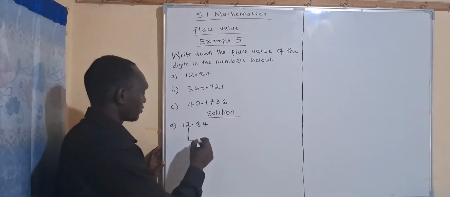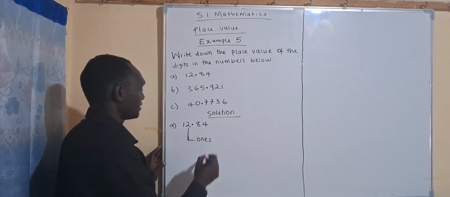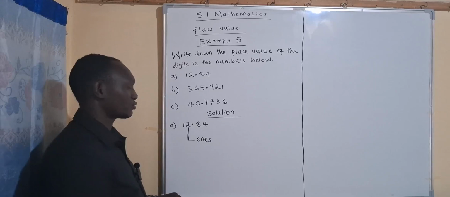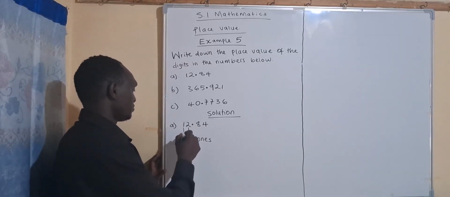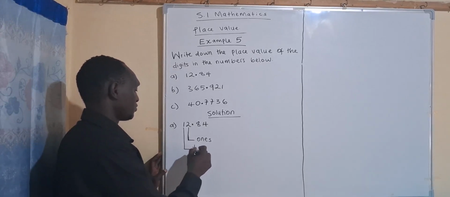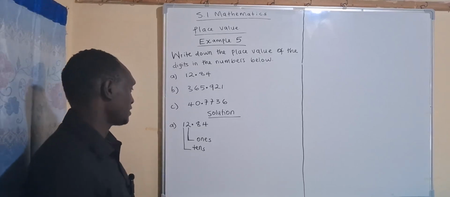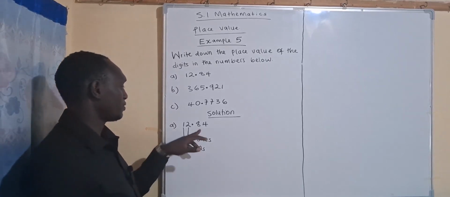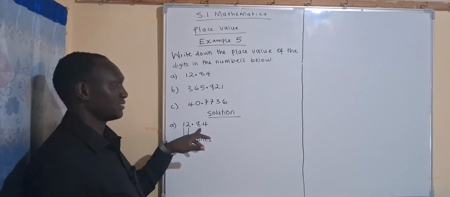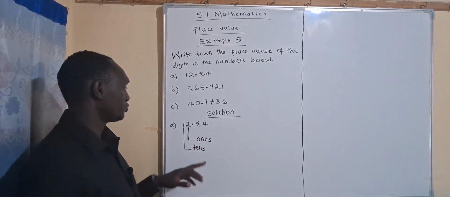So the place value for 2 in this case is 1. Here it implies that there are 2 ones in this case. Then you come to this number 1, which is in the position of tens. This implies that there is only 1 ten in that number. Now, for the decimal part, or for the numbers that come after the decimal point, what you do is,